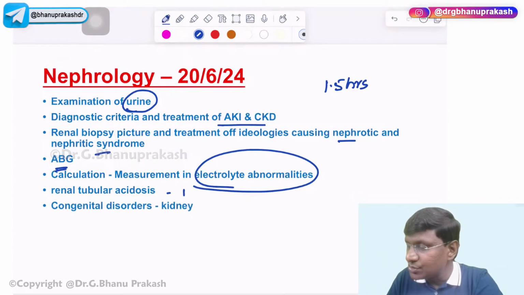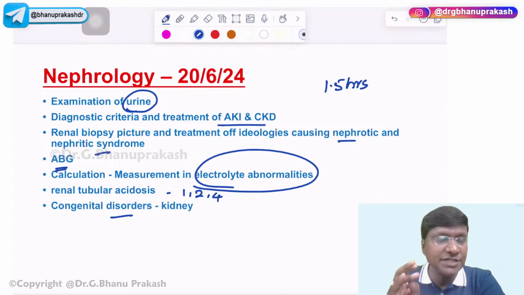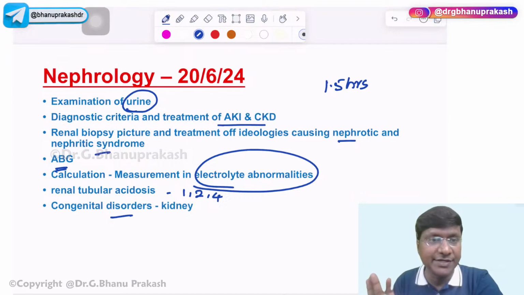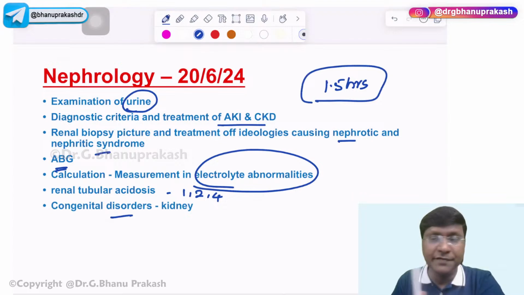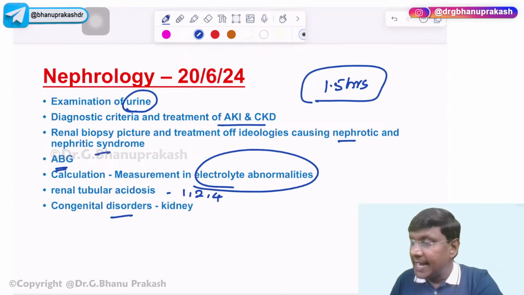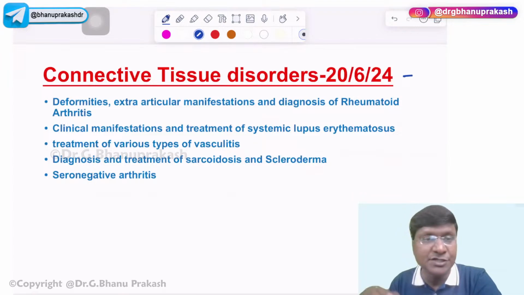Renal tubular acidosis 1, 2 as well as 4. Where exactly is the defect? What is the treatment? Then congenital disorders of the kidney, that is Bartter syndrome, Gitelman syndrome, Liddle syndrome as well as the Alport syndrome. These 4 syndromes you have to revise. So these are the topics in the nephrology that you should definitely revise. And the time that you should allot is only 1.5 hours. That is on 20th. And on 20th, because nephrology is a small topic, you take another important small topic, that is